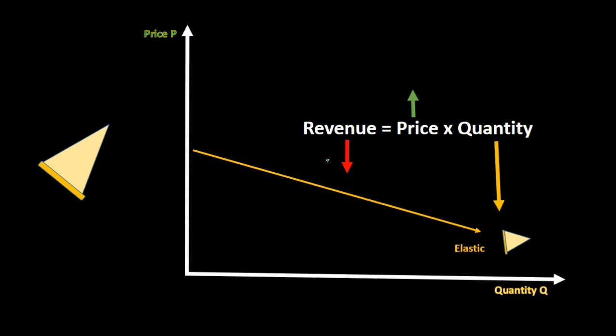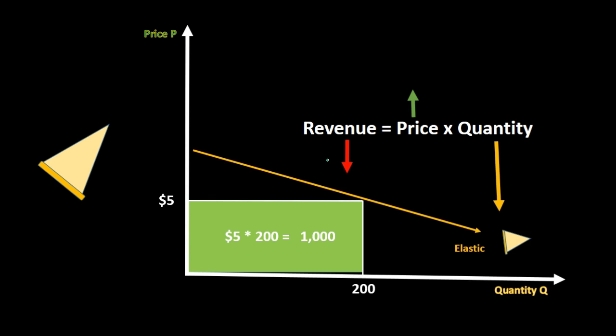So if we graph this out, we can see this graphically again. If you just remember that the elastic demand curve is going to be more flat, more horizontal, and we pick a point, say $5, and we say that that's going to be at 200 quantity. 5 times 200 gives us the area or the revenue of 1,000. If we pick another point, we say $10, we see this big change in terms of quantity from 200 down to 25. If we take the area now, we have the 10 times the 25, 250,